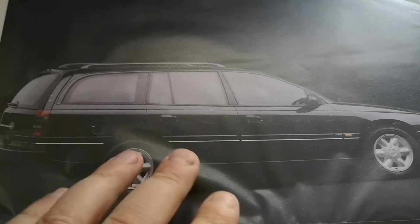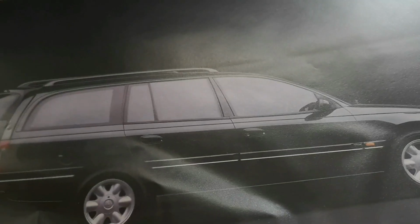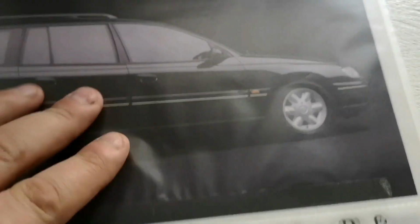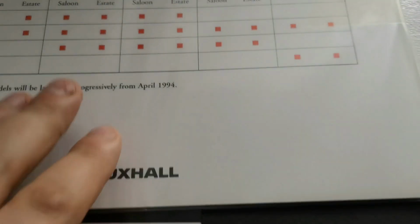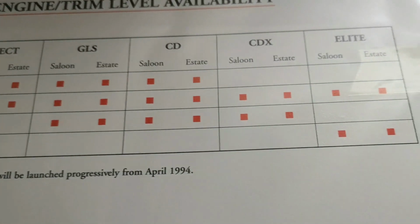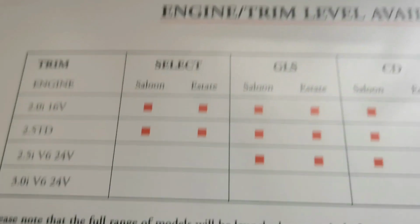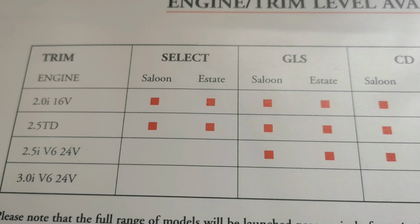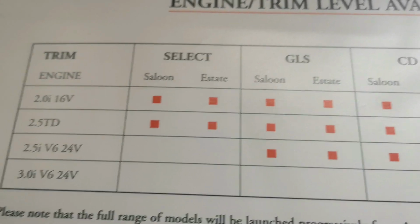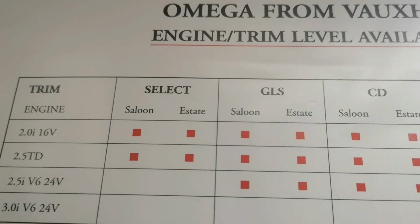Also, part of the pack, you've got these rather nice photographs. This one here is, I want to say, a CDX estate, I think it is. What's also quite nice is you've got what you could basically have each of these trim levels in. The Select was a bizarre one. It was only available in 2 litre 16 valve and 2.5 litre diesel, and it was basically below the GLS,